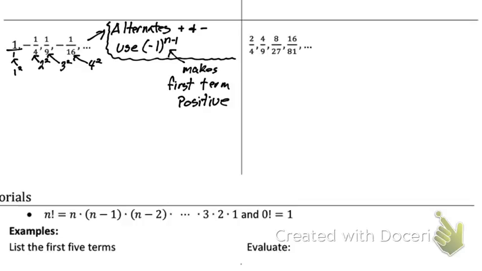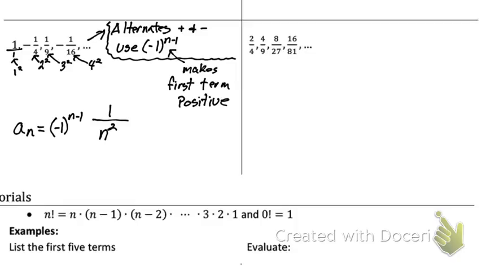We have all the information we need to write an explicit formula for this. And that is A sub n equals, first we're going to take care of that negative positive. So that's that negative 1 to the n minus 1. That takes care of our alternating negatives and positives. Now we know it's a fraction with a 1 on top, because they all are. And now we just have to think about what's happening here. My first term is 1 squared. My second term is 2 squared. My third term is 3 squared. So our formula is going to just be n